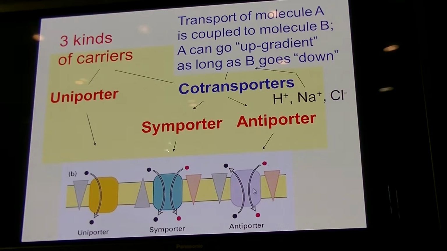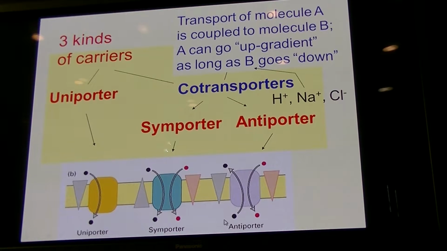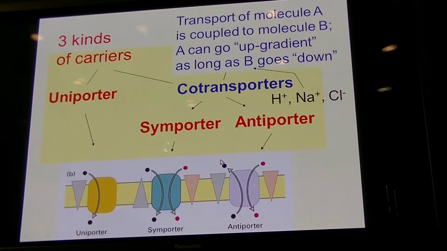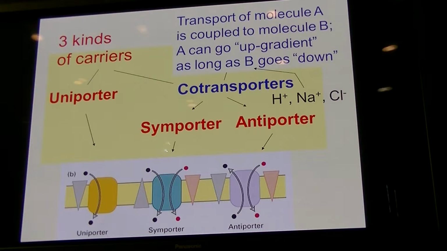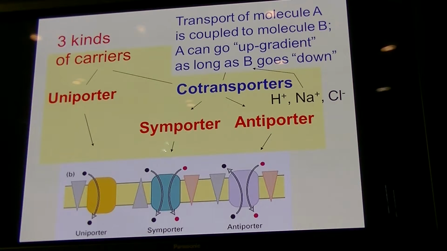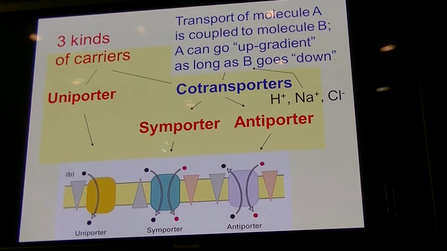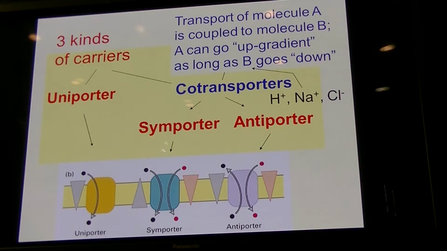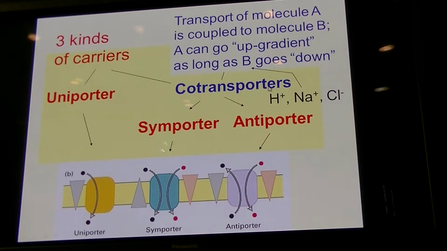So one molecule moves down gradient, and that allows another molecule to move up gradient, but this time in the other direction. So the idea is this all depends on subtle conformational changes in the carriers. Now it turns out that cotransporters are really important, and they're found in most cell membranes and also in a lot of organelle membranes. And the molecules that move down gradient in order to facilitate the uptake of something else are almost always one of these three: